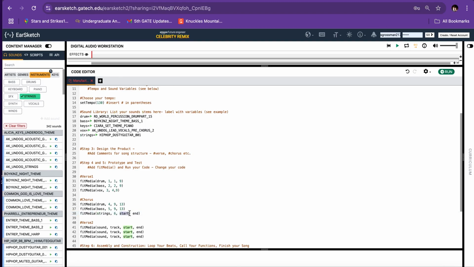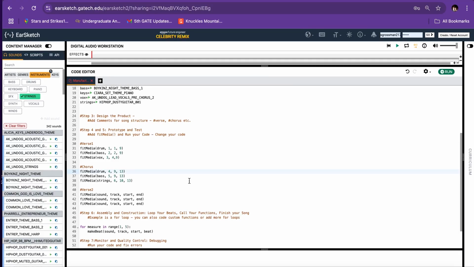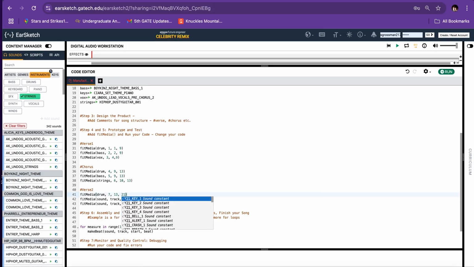Remember, every sound needs to be on a different track. You can start and end your measures in different places. Okay, going along with the design of the song, I'm going to do my verse 2. We're keeping our drums the same. We're going to put this on track number 7, and we're going to start it on measure 13. And because we played our first one for 8 measures, we'll play this 13, 14, 15, 16, 17, 18, 19, 20. So we're going to end at